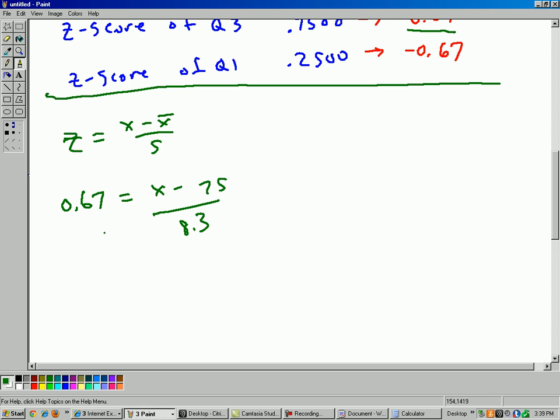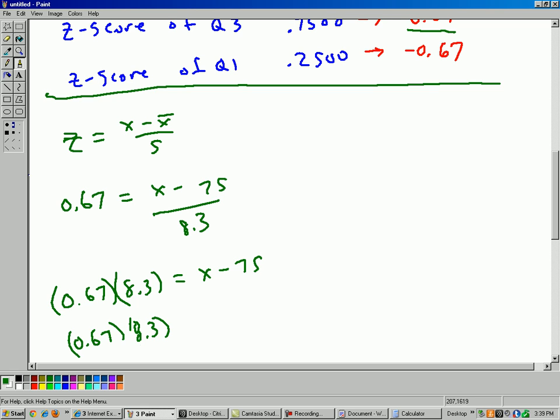So let's do this calculation. I multiply 0.67 times 8.3. Do that first. And then that's going to equal x minus 75. Okay, add 75 to the other side. I get 0.67 times 8.3